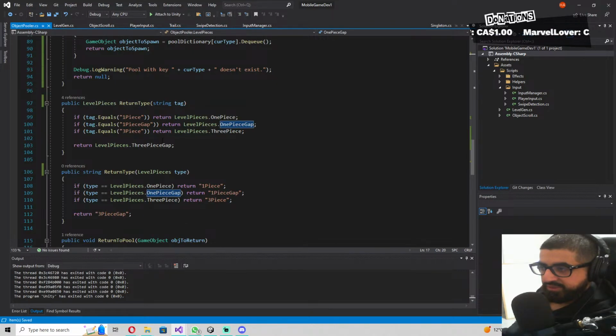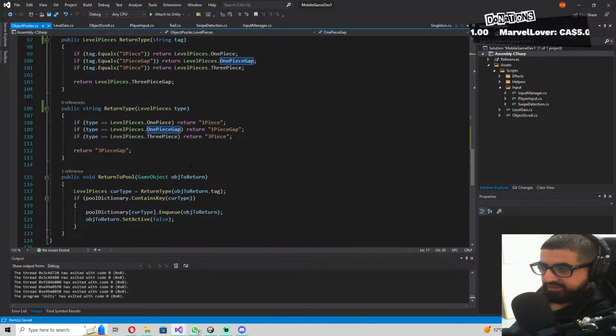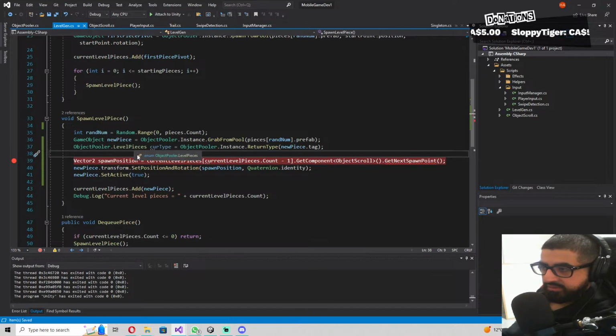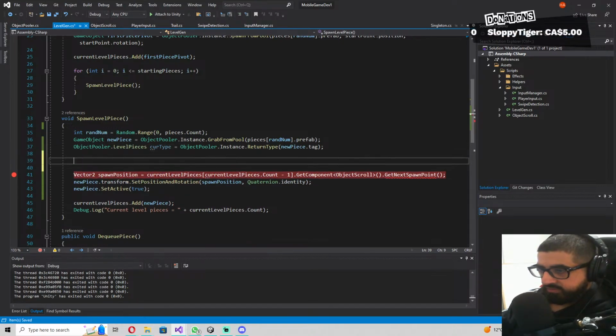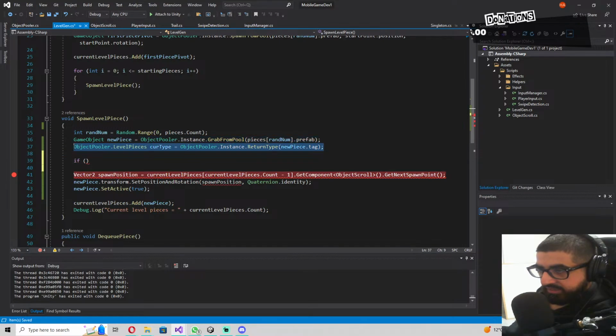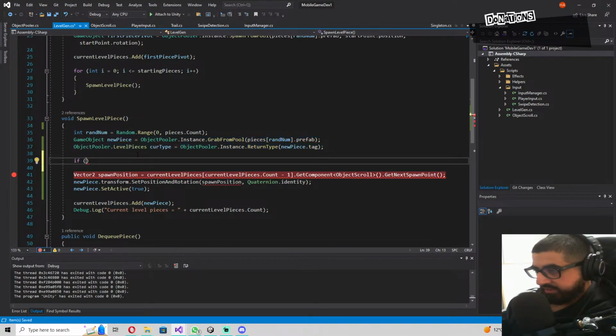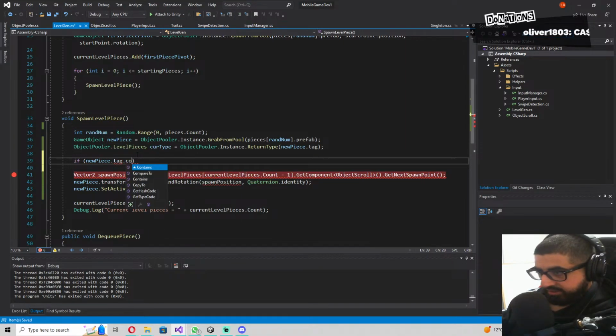We'll just do it manually. I might not even need to do this actually. We can go like new piece dot tag dot contains